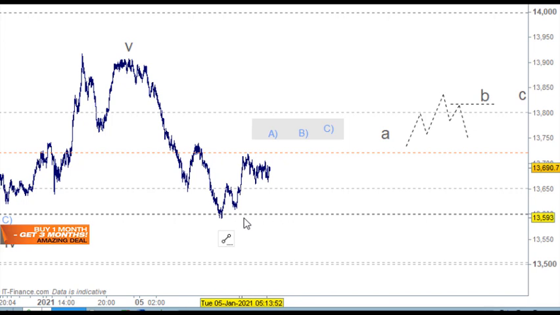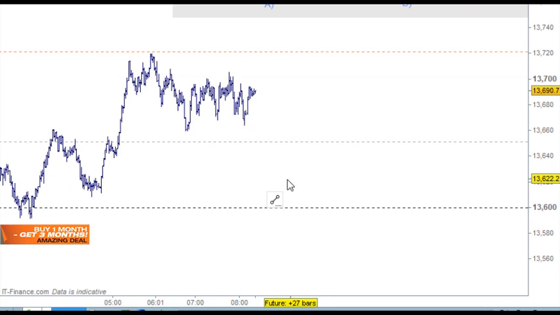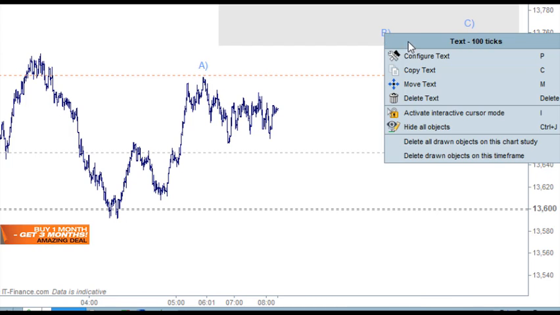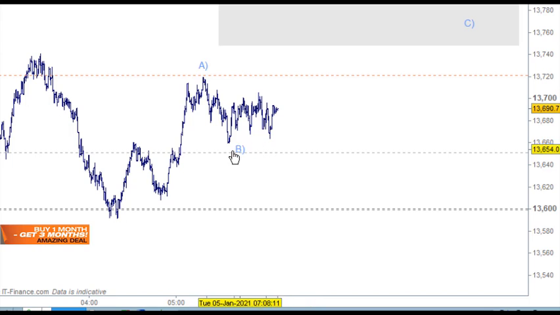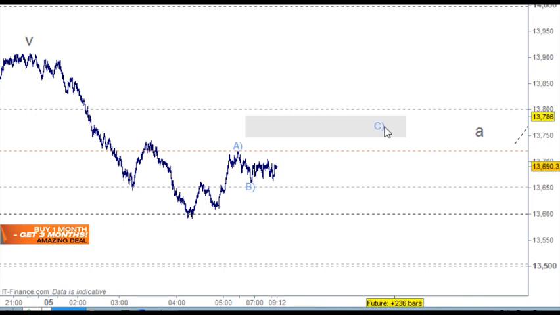So what we could look at here is that this could be counted in different ways. It could be counted as an A, B, C for the A wave, and then the B wave here is an A and a B and a C for the B wave and up for the C wave, or it could be counted 1, 2, 3, 4, and 5 moving up here. I'm not quite sure which is going to be the right way for that. I'll just label this here for the time being, but it's not quite right either. That's going to have to be over here, I'm afraid. But that just gives us 3 waves up here. I mean, the reason I'm saying that is because